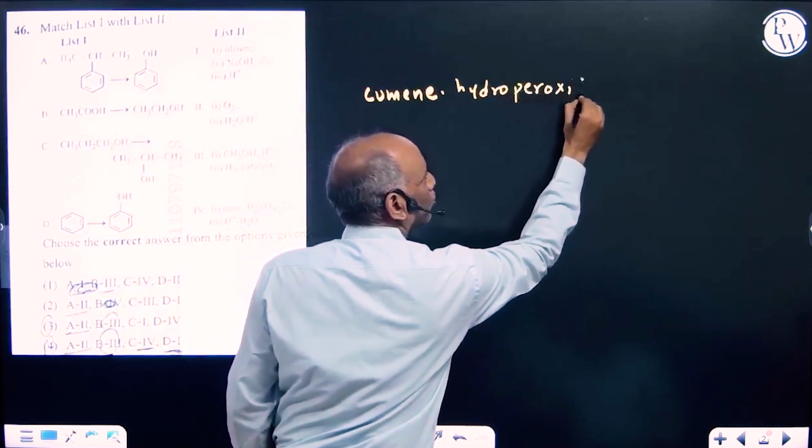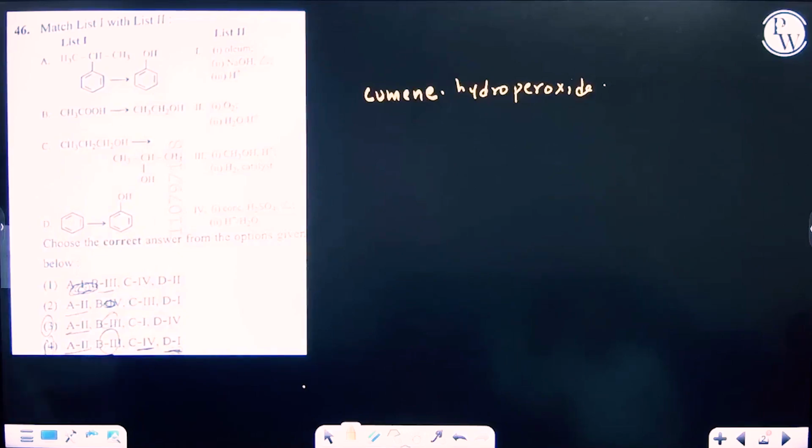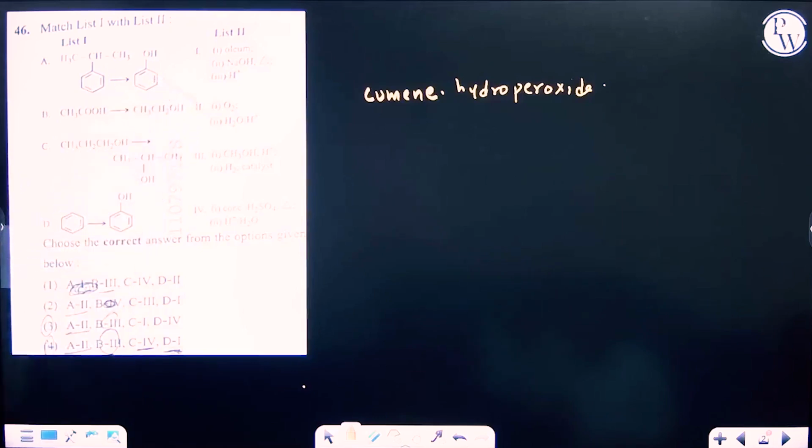In that what we do is, cumene will get oxidized by using an oxidizing agent. For that you can use atmospheric oxygen itself, and it will undergo hydrolytic rearrangement, and hence it will give rise to phenol. So the option A will match with this second one, and the second option is given as acetic